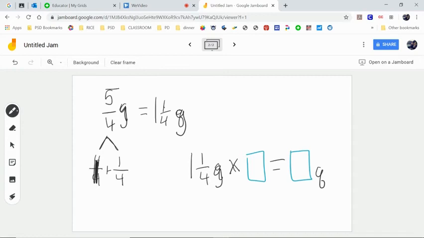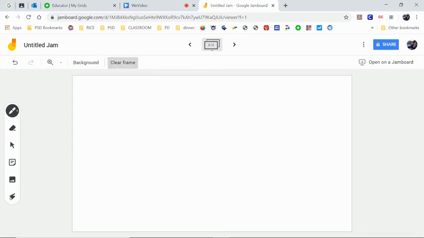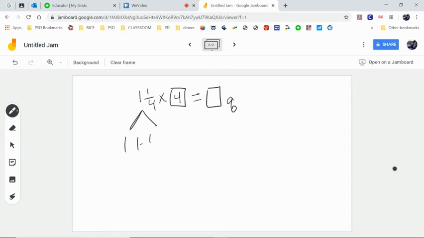So I'm going to clear my frame and rewrite that. So 1 1/4 multiplied by a number gives me a number in quarts. I know that there are 4 quarts in a gallon, so I'm going to be multiplying this by 4. I'm going to decompose this 1 1/4, and I will have 1 plus 1/4